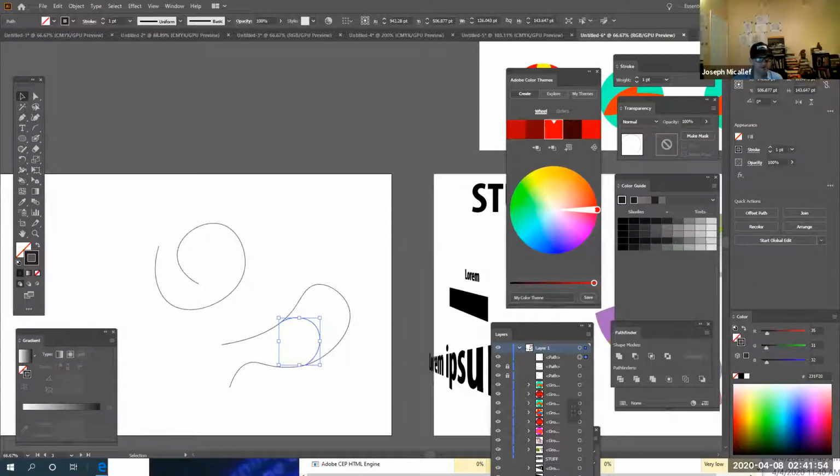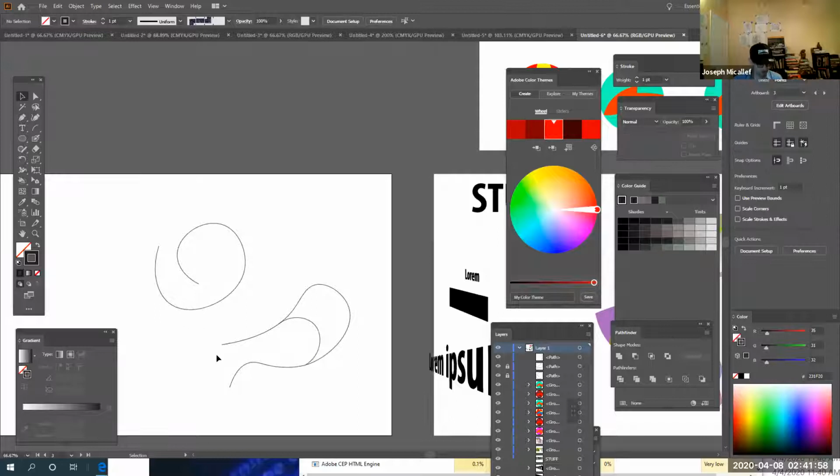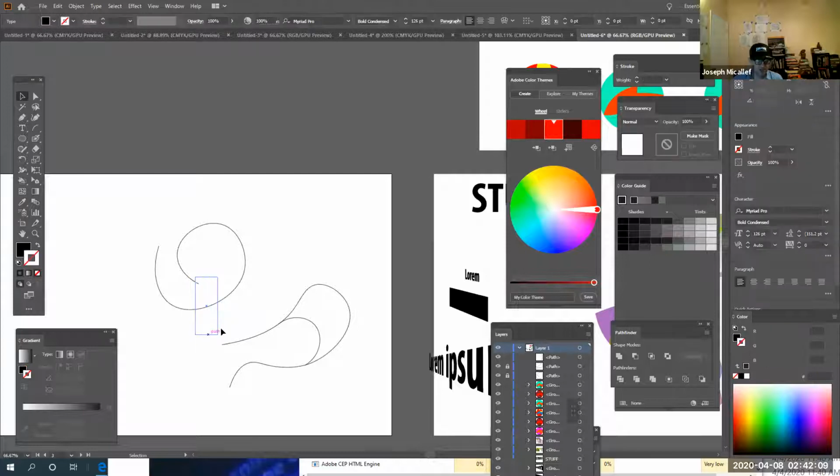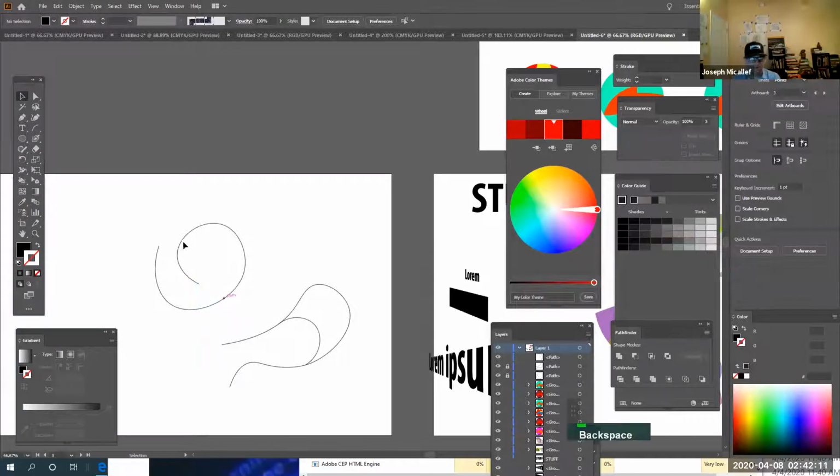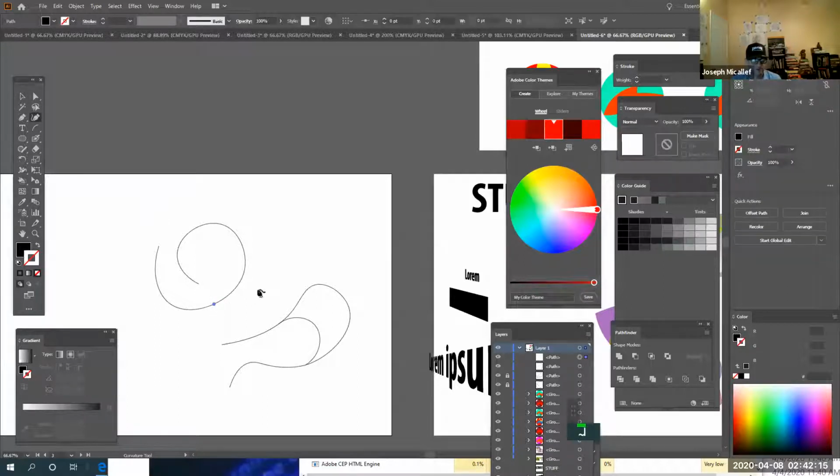So what I was doing, I was going through this process to just use the curvature tool and draw these new curves, connecting things as I draw them. And the key to doing this is making sure, when you draw a curve with the curvature tool, I'm doing a couple things. I'm using